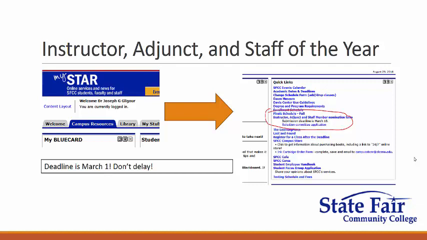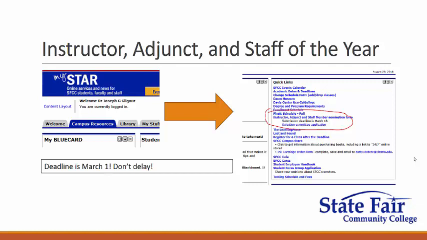But maybe you don't want to ask them because you're thinking about nominating them for an award, and let's be honest, if you're asking that question, you're probably asking for the award. Why else would you be asking? So another way to find out is to look at your syllabus. If your instructor has an office space on a campus and office hours, then they are most likely a full-time faculty member. If they do not have an actual office or office hours, they're most likely a part-time or adjunct faculty member. And lastly, if you don't know and you just want to guess on the form, well, I'll fix it for you.